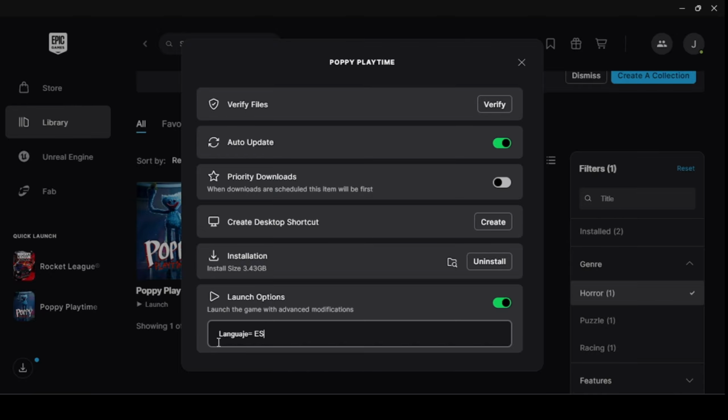In this case, our game is in Spanish, since that is the abbreviation or the code for this language. And if we want to change it to English, it will be enough to write the letters en in lowercase and leave it like that. Depending on the version of the game you have, in some cases, putting this configuration is not enough. So you will have to write this configuration first and test if your game is already in the language you want. In case it does not work, then you will have to try this other configuration specifically for the English